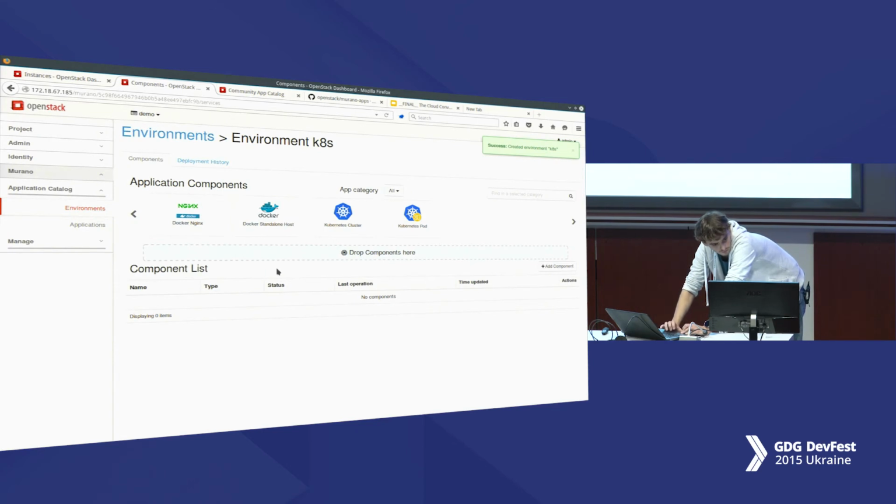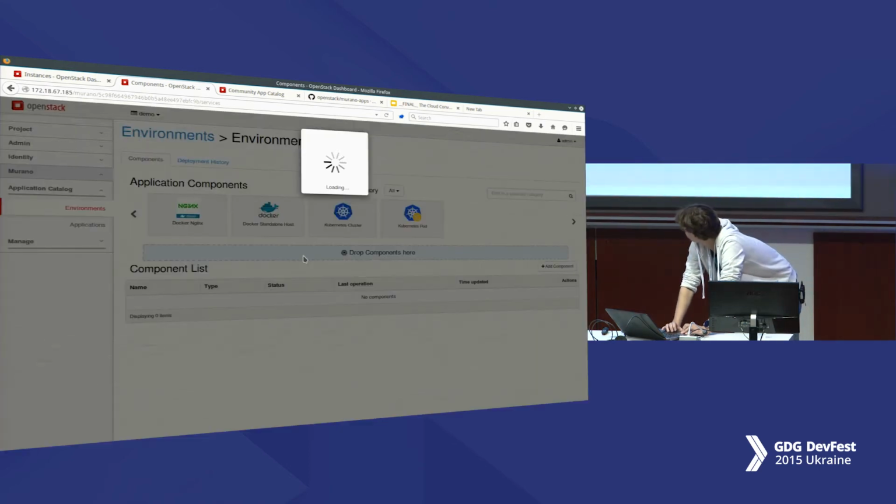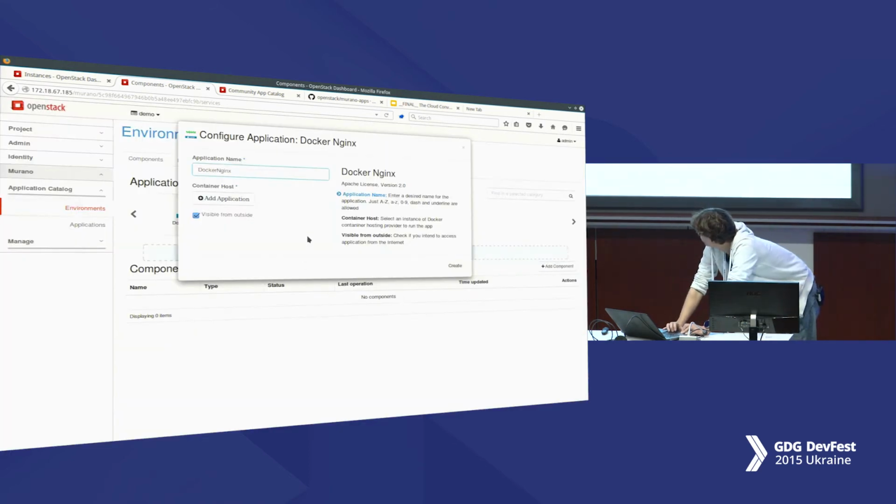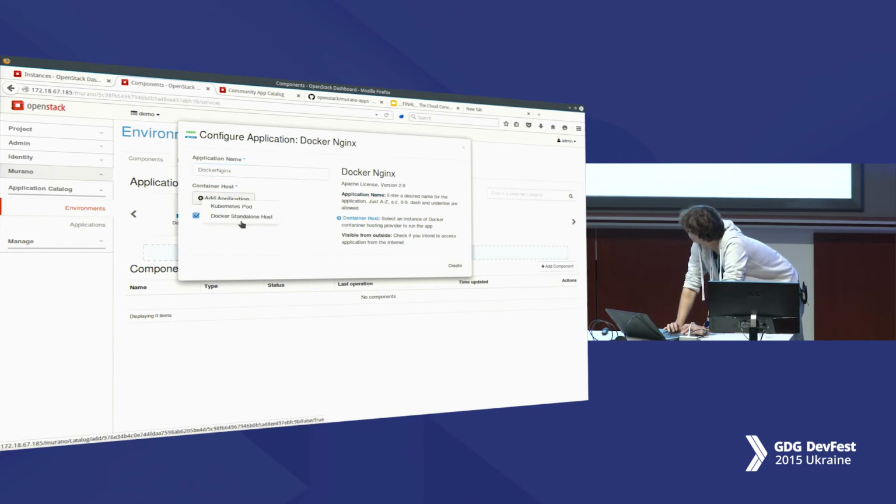So we would like to build the Nginx-based cluster. We'll simply push the icon of the Nginx. We may either choose the Docker standalone host, and this application will simply run as a simple Docker container.